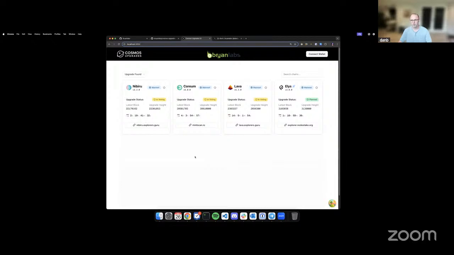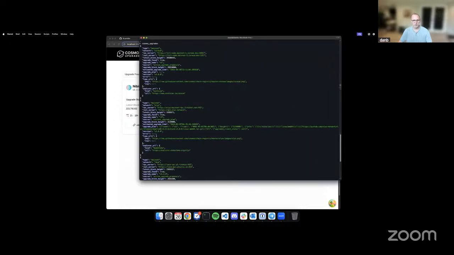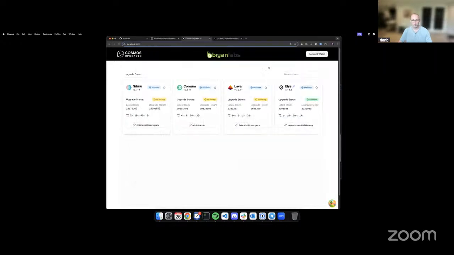All right, but there's more. So there's a couple of hidden features on here. So you get to know if Cosmovisor support is built into the upgrade. So going back to the API, you can see there's this plan. So Cosmovisor requires that upgrades have plans with the binary and the checksum information. So that's one thing we do.